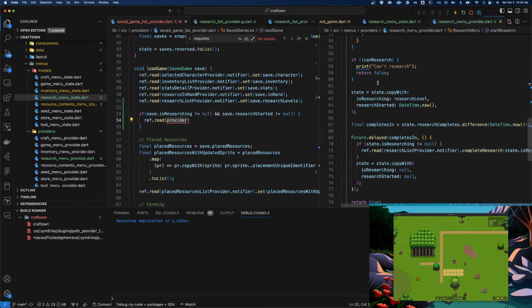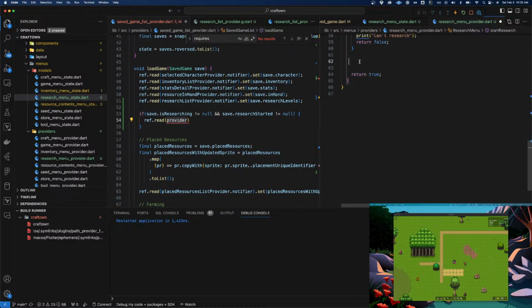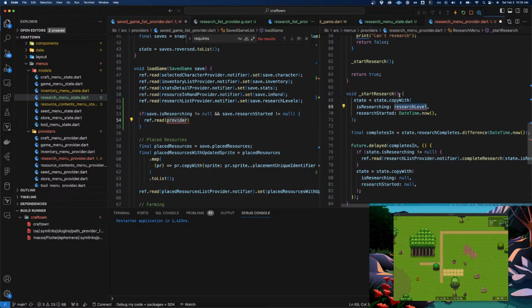State equals this. Yeah, I want to break this into another function. I'm just going to call it kind of the same thing. We might rename that. Start research. This is a fun little trick: Command dot create method. And this would need to pass in the research level. The reason I'm breaking this up is because I want to be able to continue